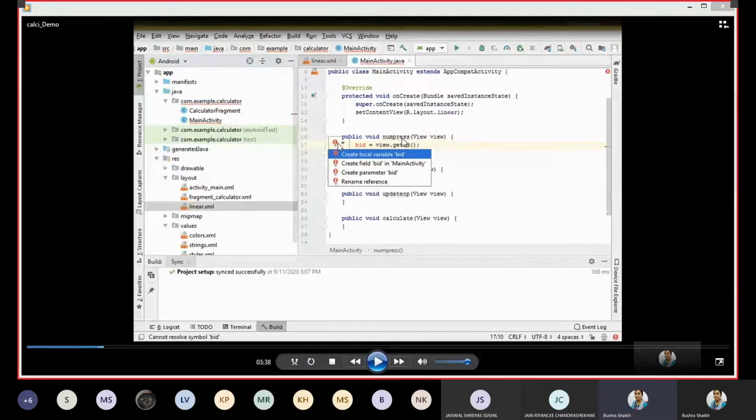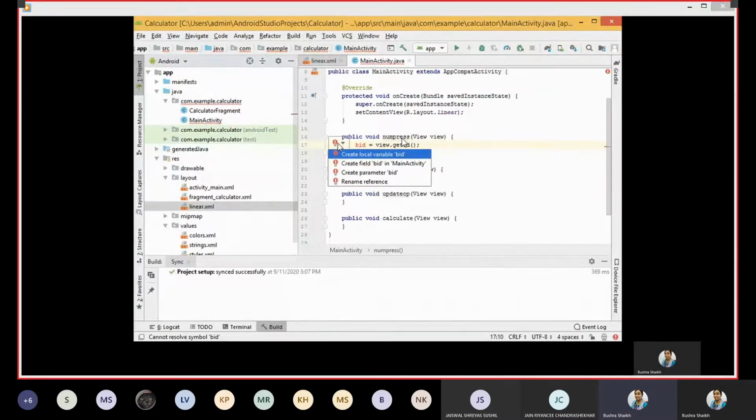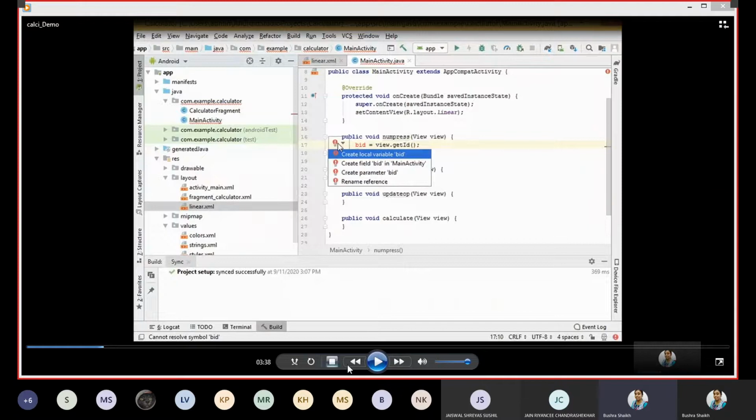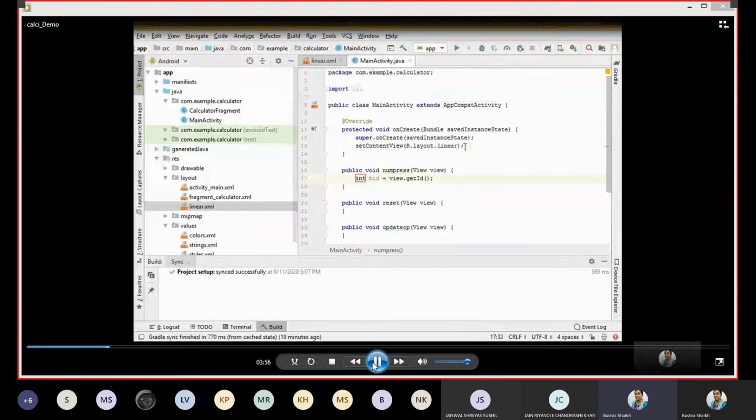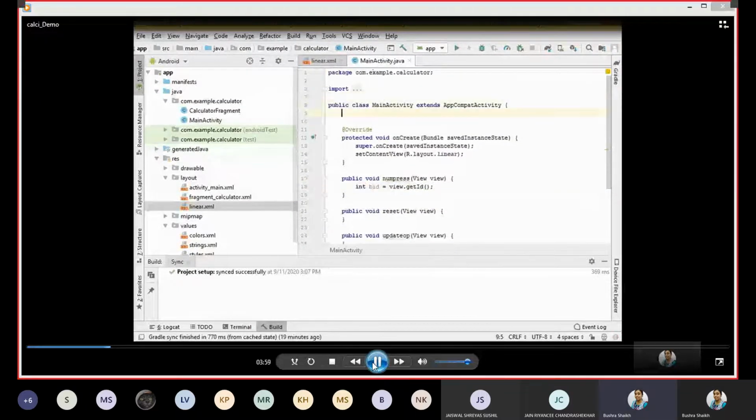So when any button is clicked, numpress gets called, and it simply captures the label, caption, or text value of the clicked button, puts it back onto your text view, and at the same time stores it inside the operands.